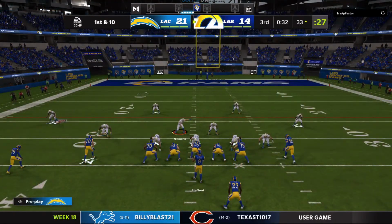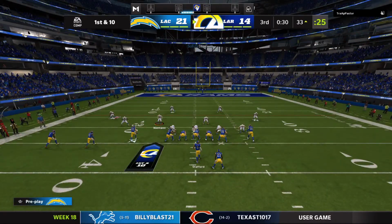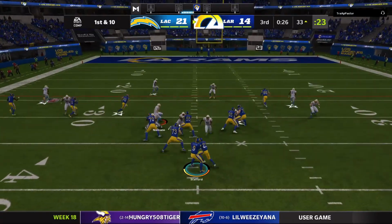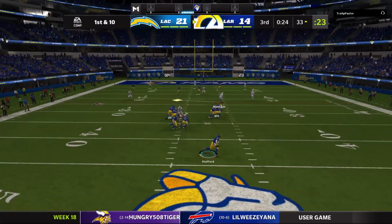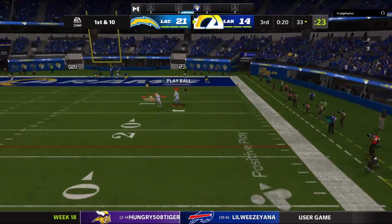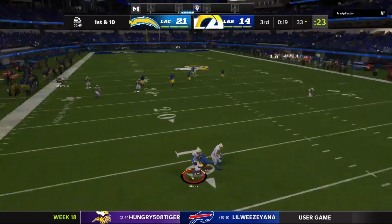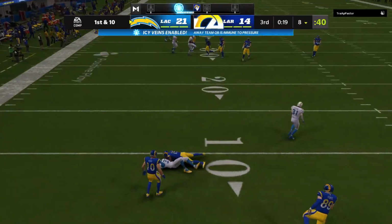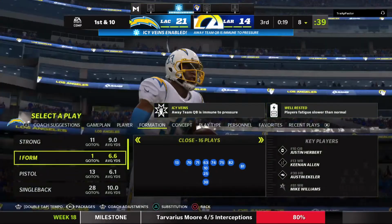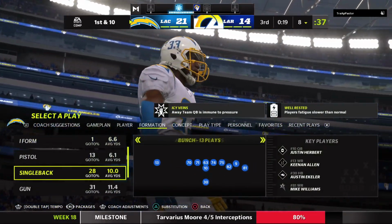All runs on this drive so far. It's 1st and 10. Stafford now to throw, rolling to his right. And his pass is intercepted for the 4th time today. Picked by Tarvarius Moore. And the Chargers are going to take over once again, and they'll have it at their